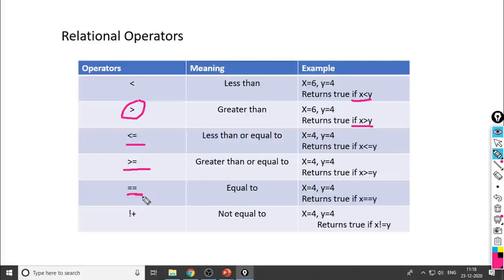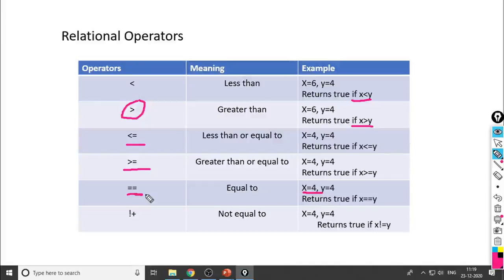Only a single equal to sign is present on your keyboard. But this sign is used to do an assignment statement. For example, if we want to do addition of two numbers, we can write here z is equal to x plus y. That is the meaning of single equal to. We can assign values to the variable. So this is the single equal to. X is equal to 4. Here is the assignment statement.